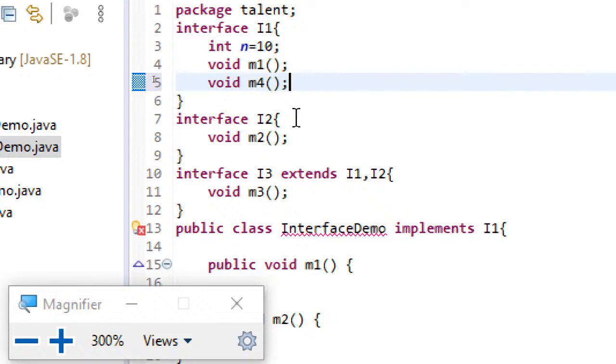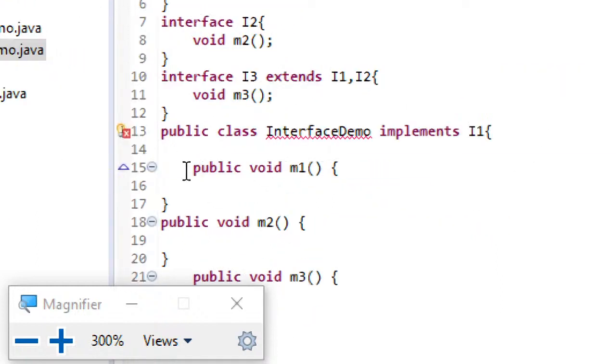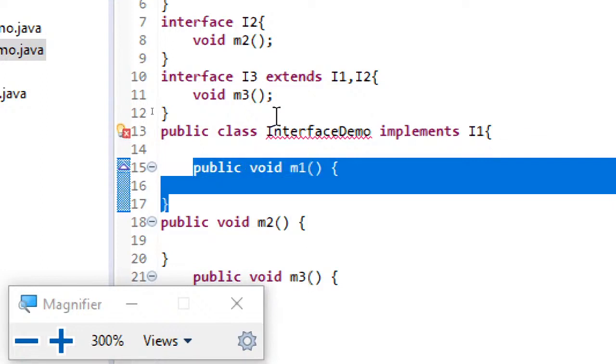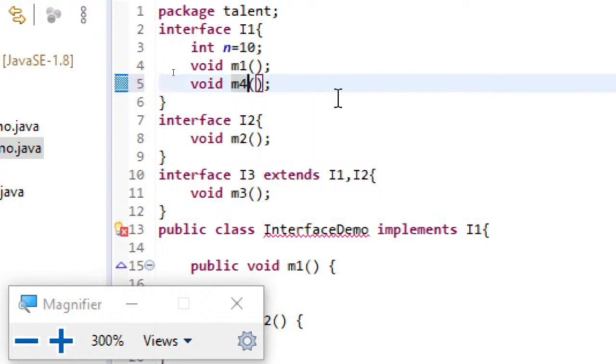Assume that there are thousands of classes in a huge project which have inherited this interface. Is it practically possible for you to go and add it in all the classes? It might be the same statement or whatever it is. At least you should write a body like this and just leave it with opening and closing braces. Is it possible in a huge project, if you are just adding one single method in an interface, to go to all the classes which inherited this interface and write this method in them?